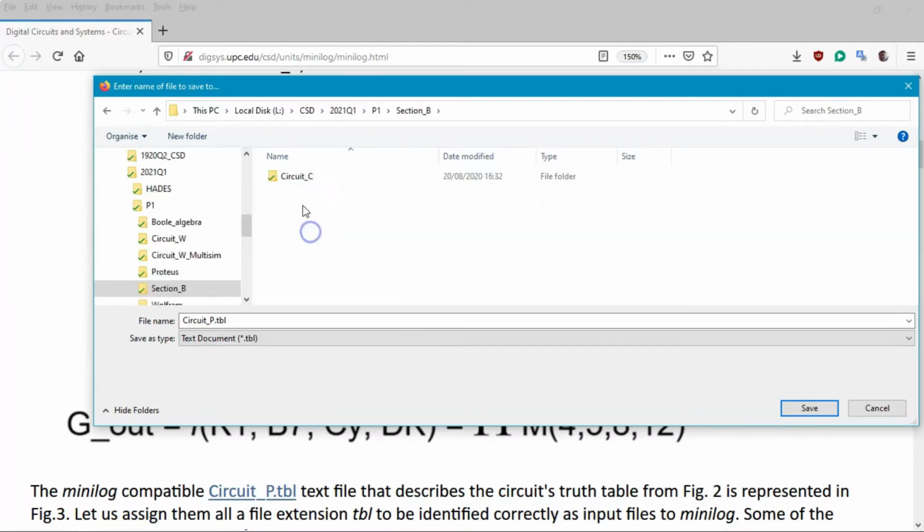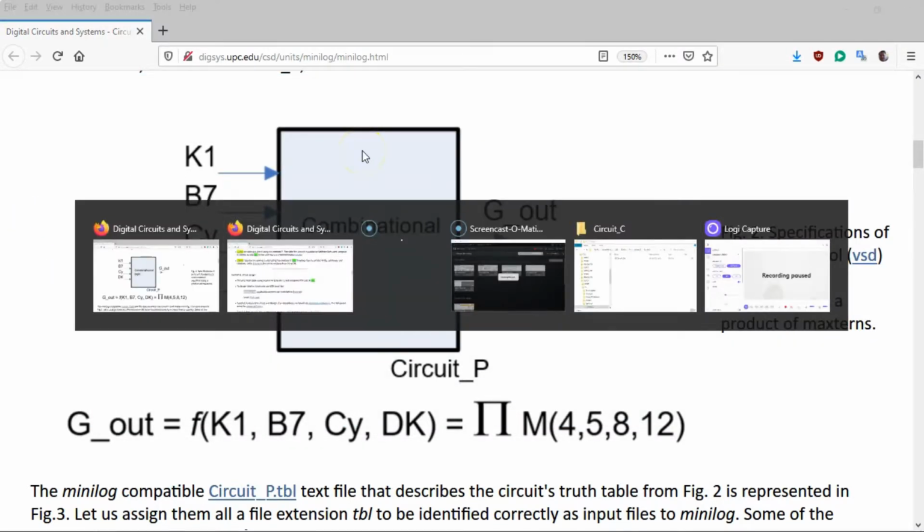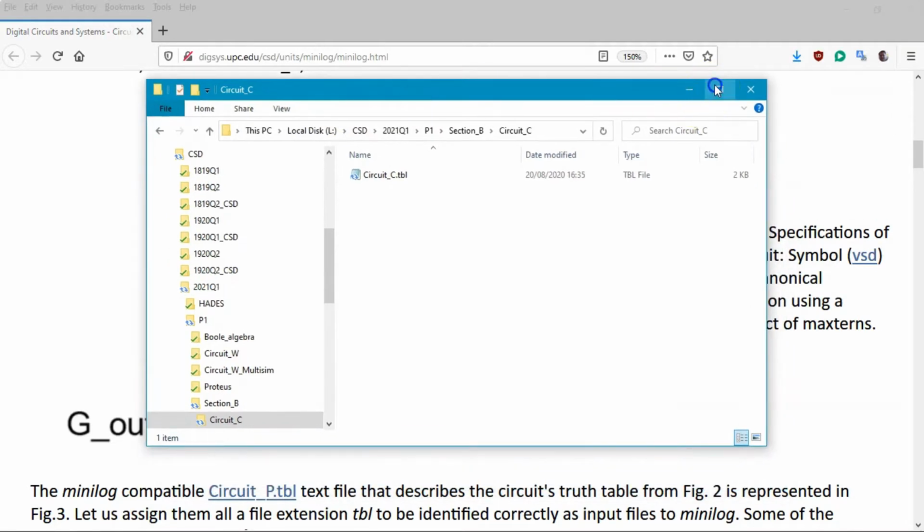P1, section B, Scikit C, and here is when you can change the name of the Scikit P that you have found in the web into Scikit CTBL. And now you can forget the web and you can go back to the folder, and now is your turn to